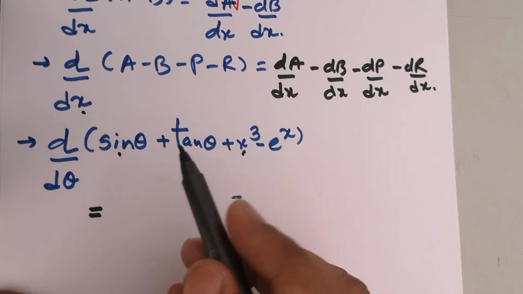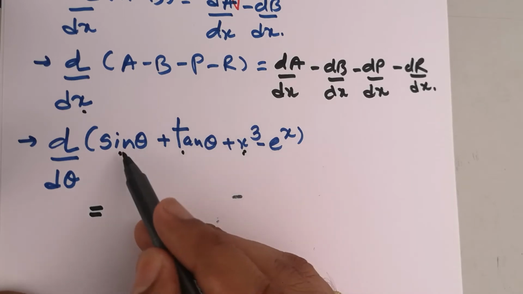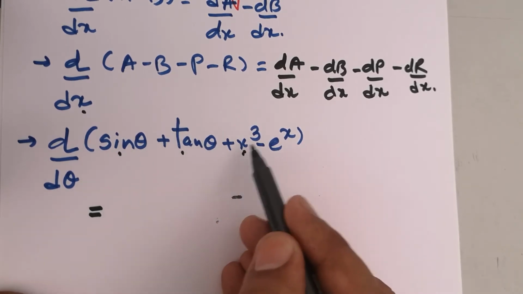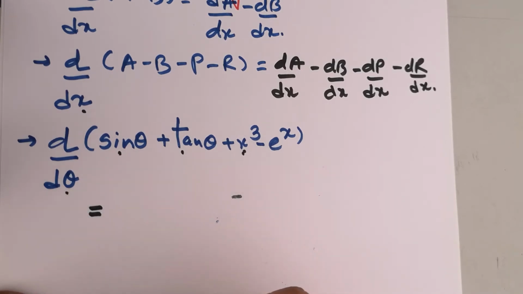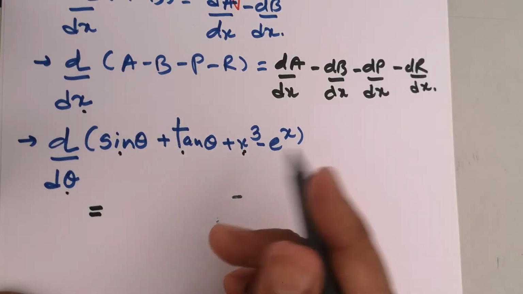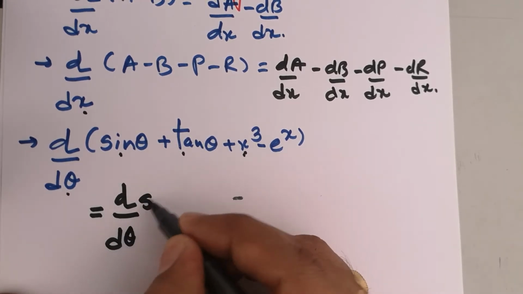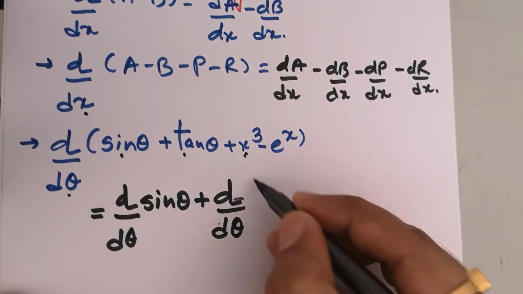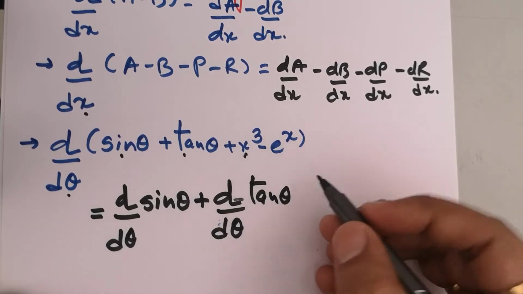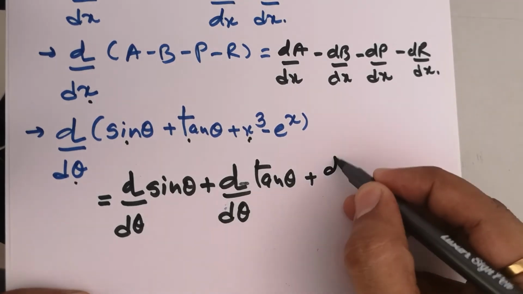So what you will do is, it has additive and subtractive properties both together. You are aware that sin theta, tan theta, x cube minus e raised to x cannot be differentiated directly with respect to x, so we are breaking it up. What we are breaking is d by d theta of sin theta plus d by d theta of tan theta, plus is there, that is why I am putting the plus symbol, and where minus is there, I will put my negative sign.